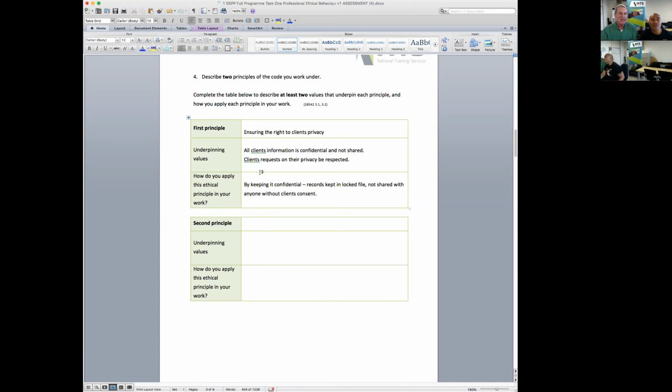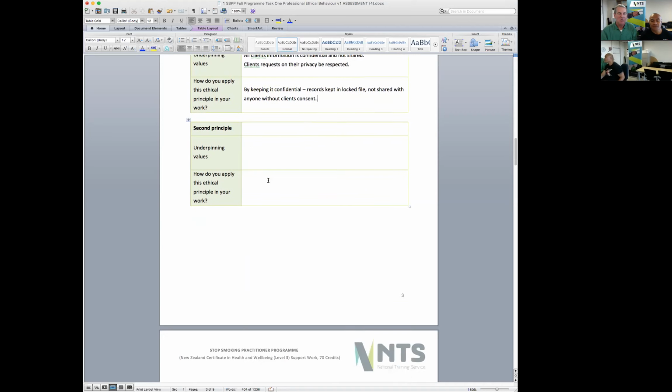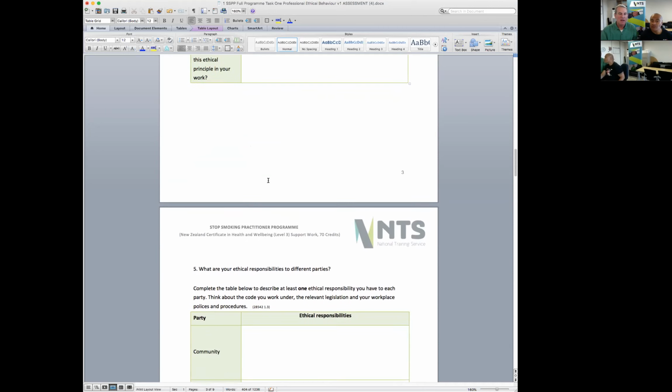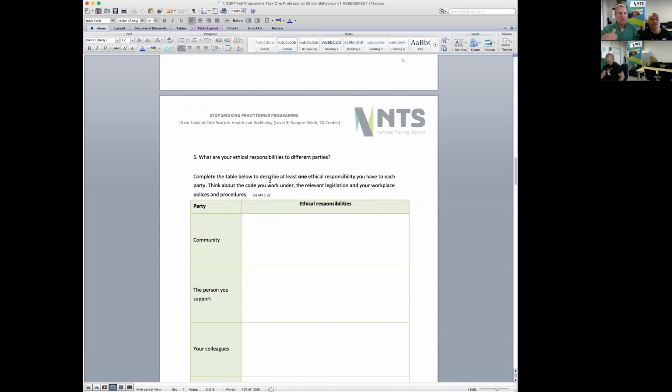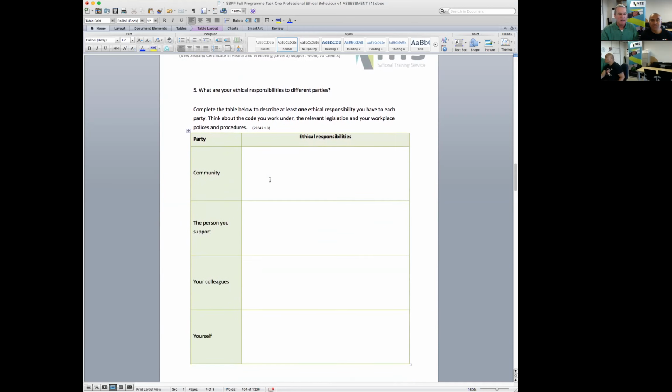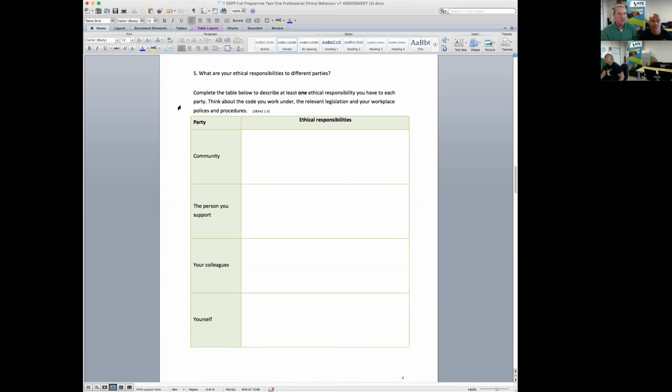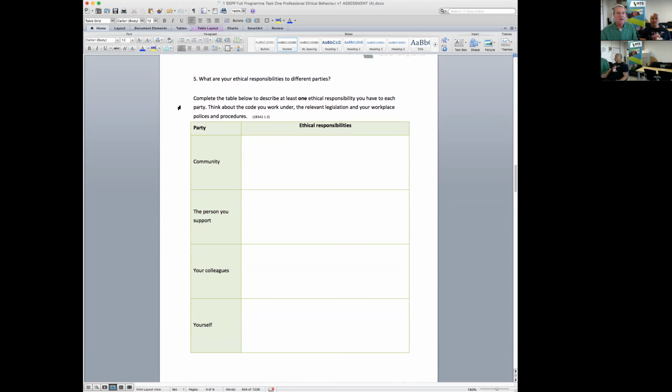You've met the standards there, you've answered the questions, you have done it all well. And remember, the learning guide we showed you just before has all the principles of the Code of Rights listed out and how you apply them in your workplace. So if you get a bit confused, you can go back to the learning guide and reread that section, and that will guide you on how to answer these questions.